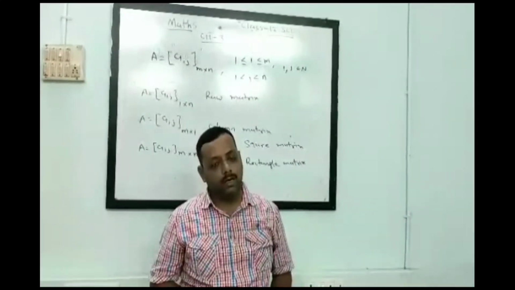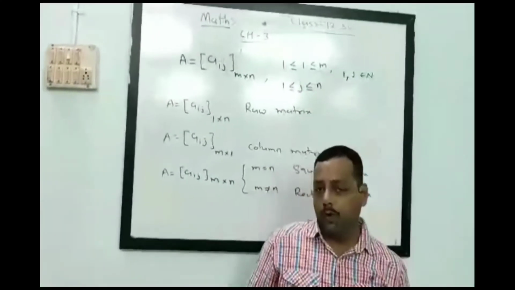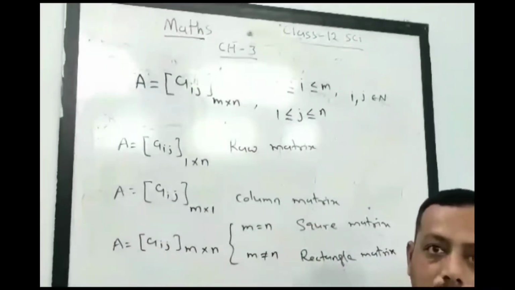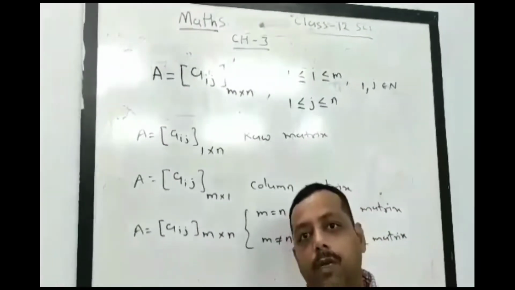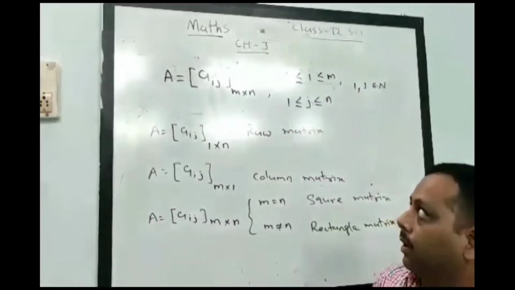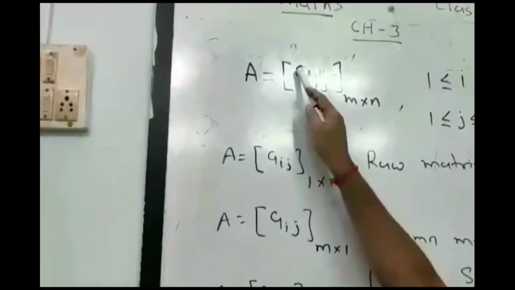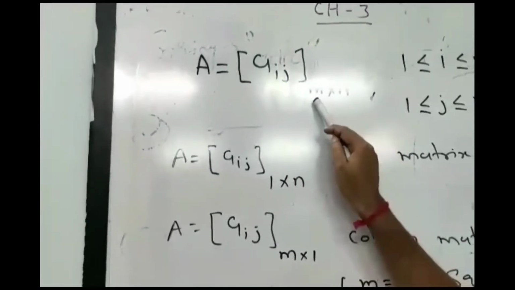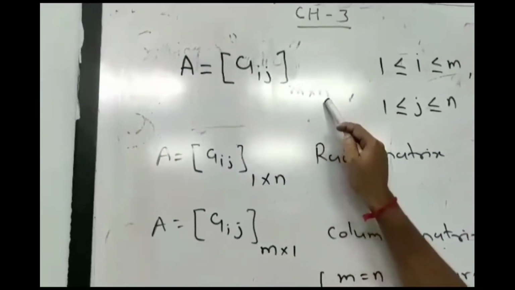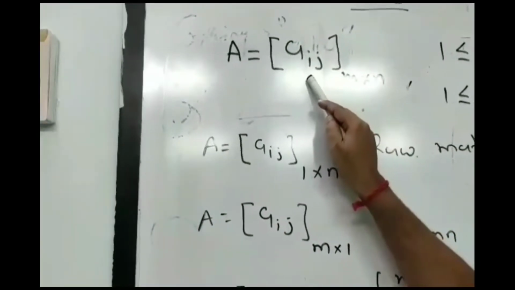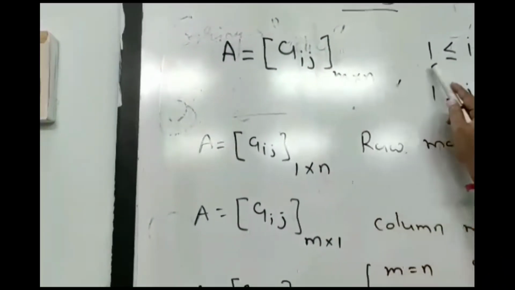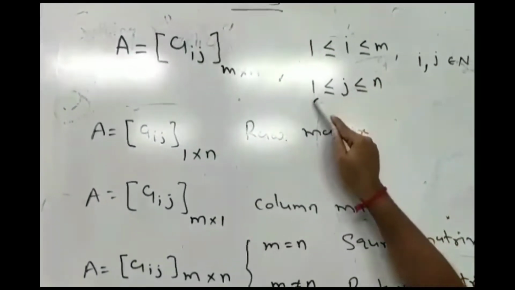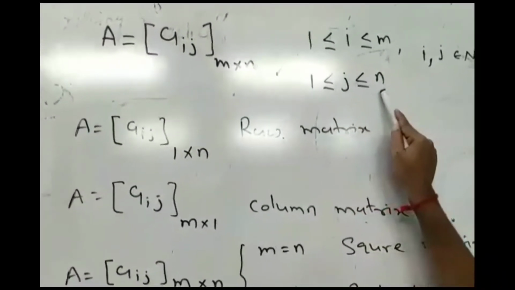Chapter number 3, Matrix. First of all, what do you mean by matrix? This matrix is nothing but the square and rectangle arrangement of the numbers. Now, if we put the entry in this box, type Aij, m cross n, where m is the number of rows, n is the number of columns, and i and j denote the respective row and column, where 1 ≤ i ≤ m, 1 ≤ j ≤ n,